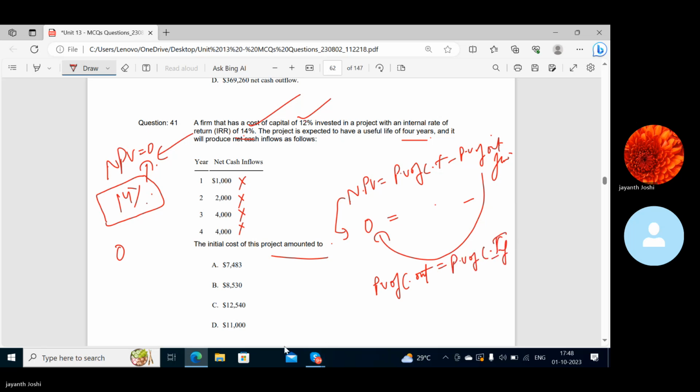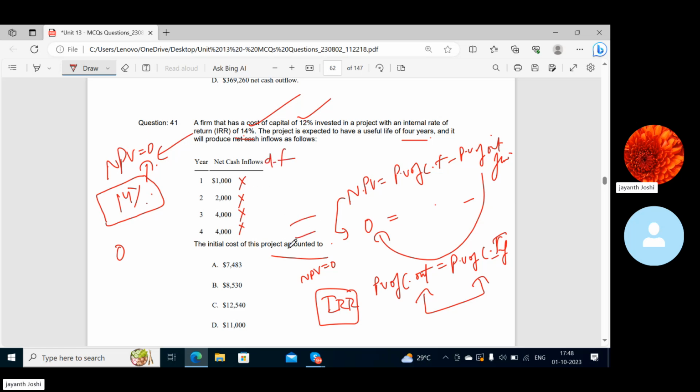And IRR is that rate at which NPV is equal to zero, or the present value of cash outflow will always be equal to present value of cash inflow, correct? So if I discount this at 14%,